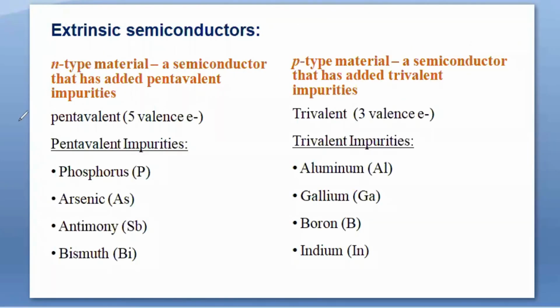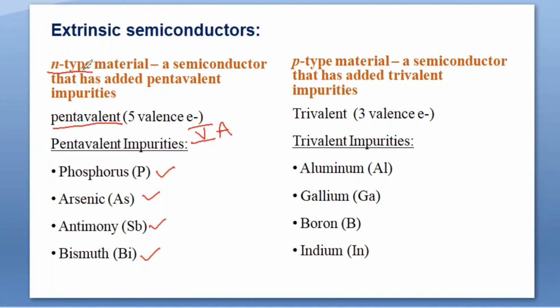In an N-type semiconductor, the impurities are pentavalent impurities. Pentavalent impurities means they have 5 valence electrons. In the periodic table, 5A group elements are used for this doping. Examples are phosphorus, arsenic, antimony, the other name for antimony being stibium, and bismuth. If these impurities are doped into pure silicon or germanium, then it